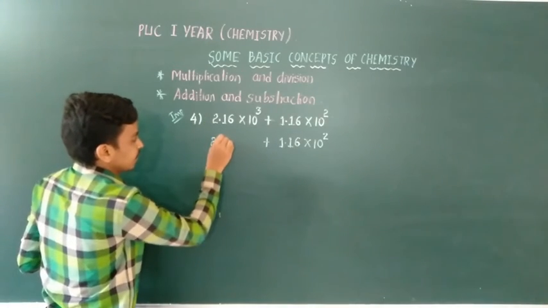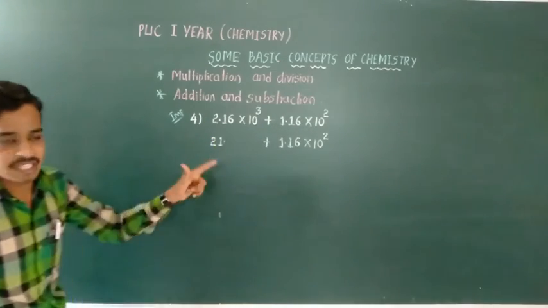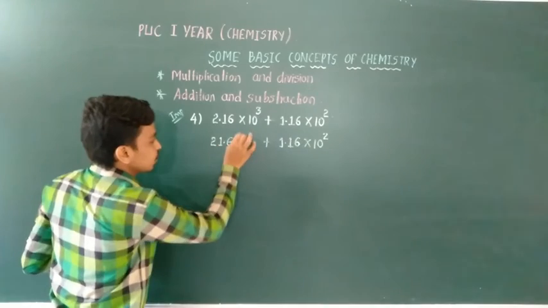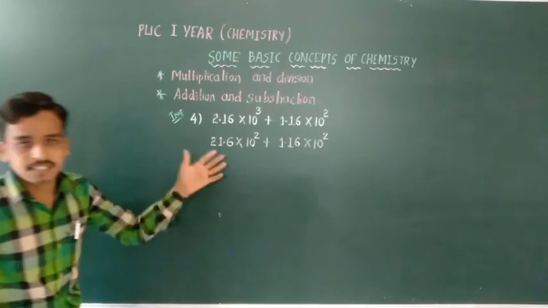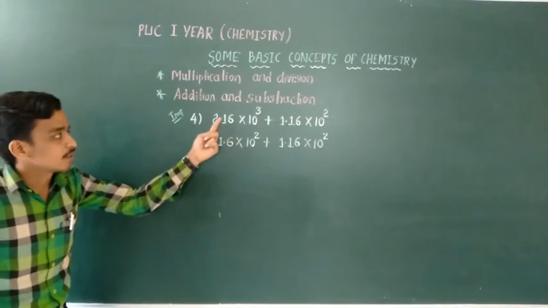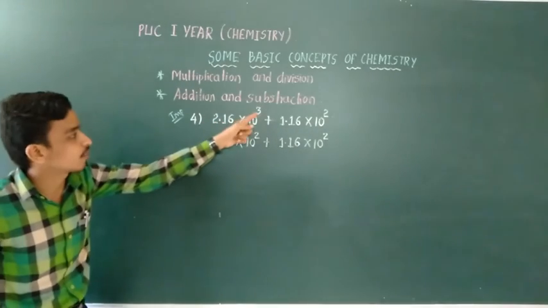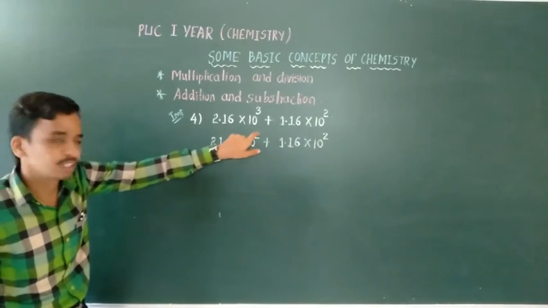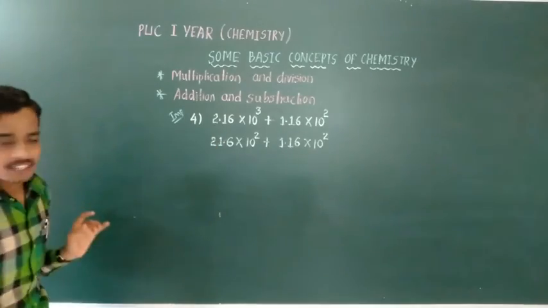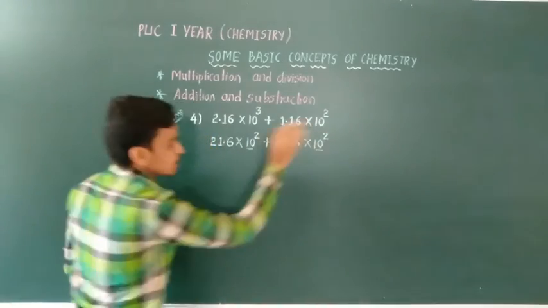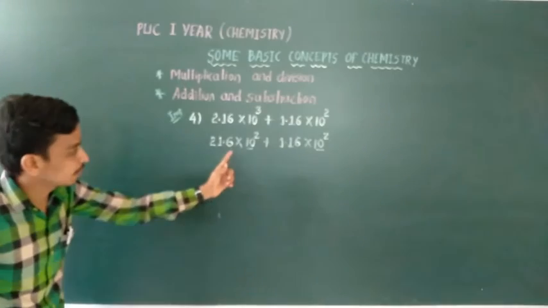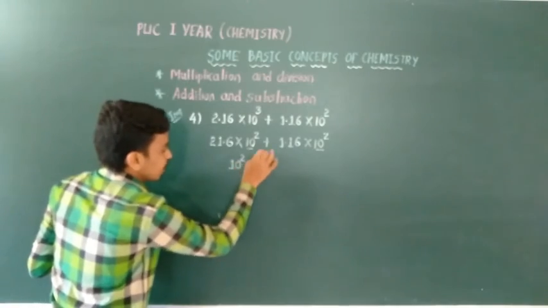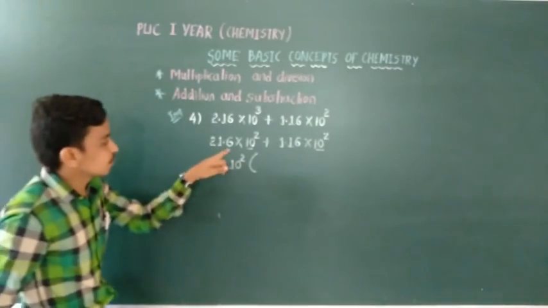The true value does not change. Just observe, the same number 2.16 into 10 raised to 3 can also be written as 21.6 into 10 to the power of 2. This is quite important, I will repeat this point once again. We are shifting the decimal point right side by 1 unit, therefore 3 can be written as 2. Then the same number becomes 21.6 into 10 to the power of 2. Now after observing, 10 raised to 2 and 10 raised to 2 are both common here, in the other number as well. We are making the common factor, that is 10 to the power of 2, or 10 square.